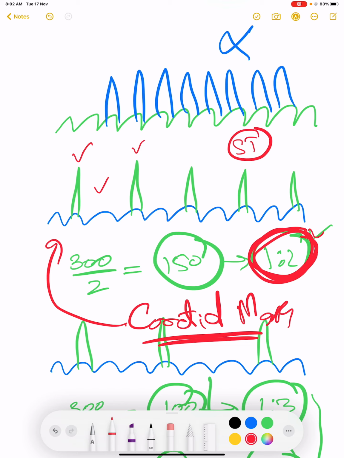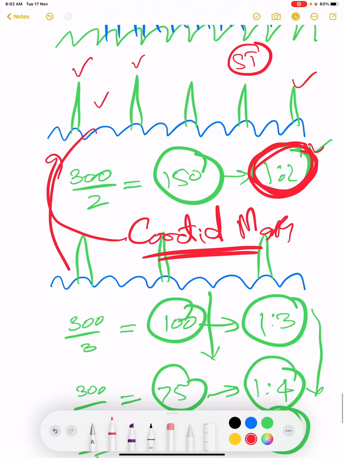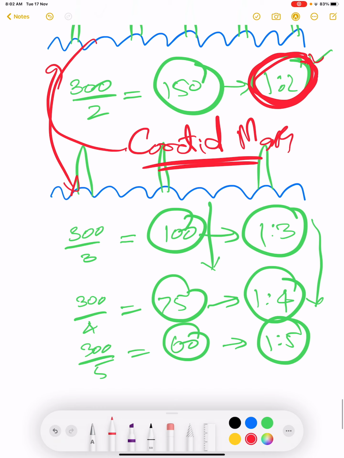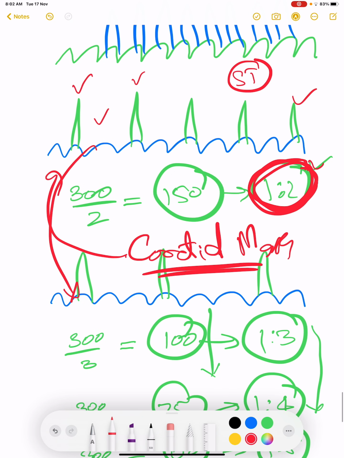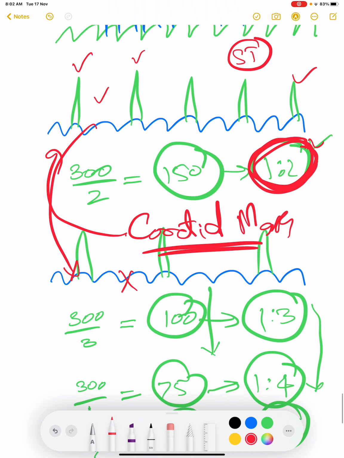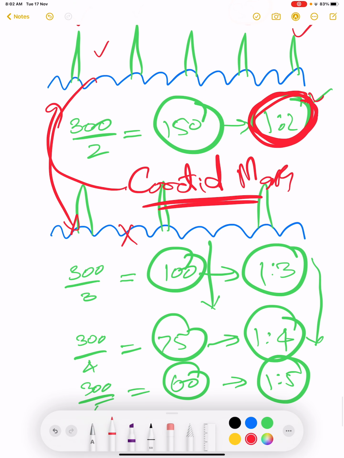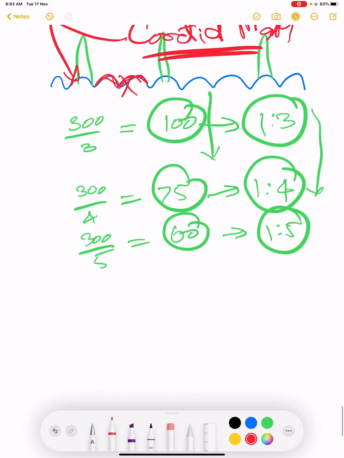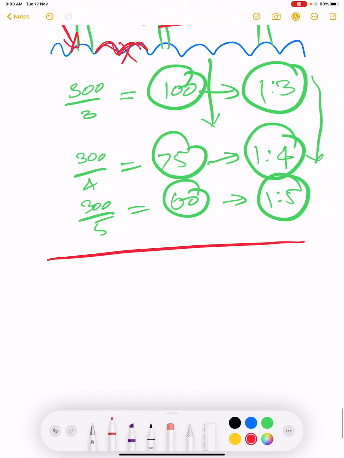So if we have an ECG like this and we do a carotid massage and the ECG converts like this, to 1 to 3 block or 1 to 4 block, then it means that it was atrial flutter. And if it was sinus tachycardia, the block will not increase. The rate might be slower, but we will not see 2 P waves between 2 QRS complexes. So this was all about P wave abnormalities, atrial fibrillation and atrial flutter. Thank you.